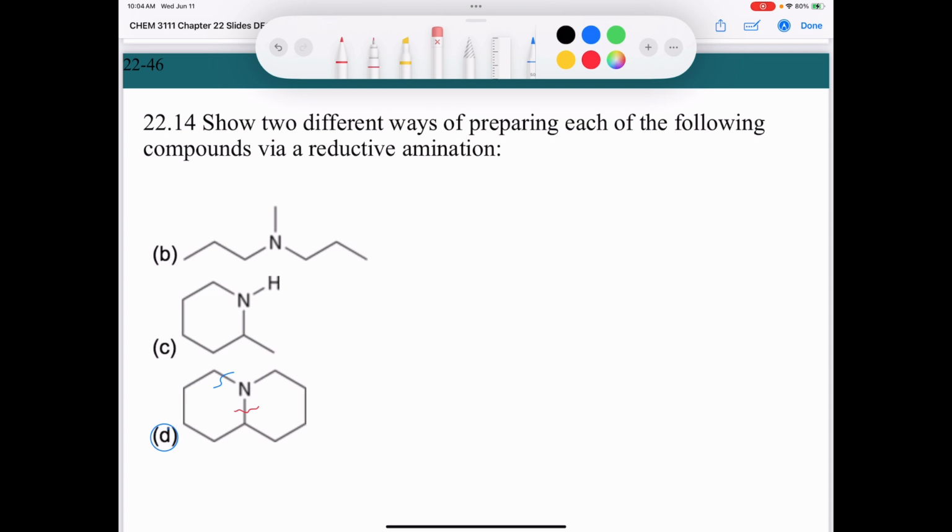In that case, let me get my blue pen. Our carbonyl is going to be here, right? That's where the carbonyl would come from. So we're going to start out with our ring, which has the nitrogen incorporated in it. Then if we count off here, we have 1, 2, 3, 4. So we have 1, 2, 3, 4. And so I'll just dangle the aldehyde up here like this. So, and we can just write down our reaction conditions. Acid catalyst, sodium cyanoborohydride, like that. That's going to give us our product,